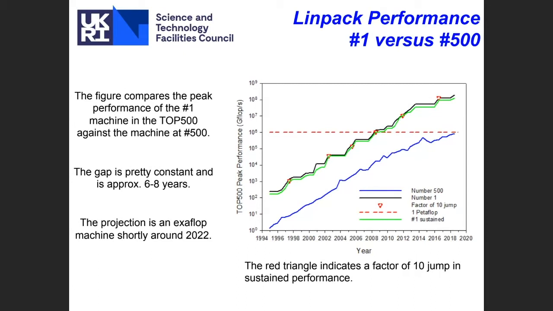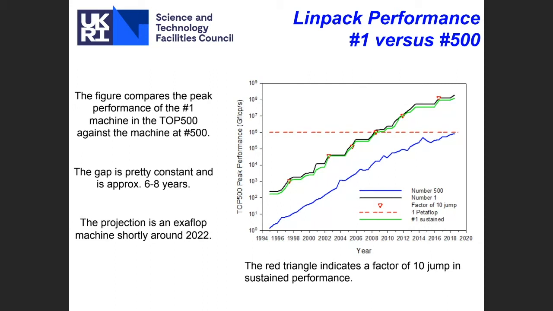To assess the performance of these machines, there's a test called Linpack, which gives each machine a performance figure, and they are listed in the Top 500 list of machines in the world. The plot I show you is the evolution of the number one machine from 1994 to 2020,